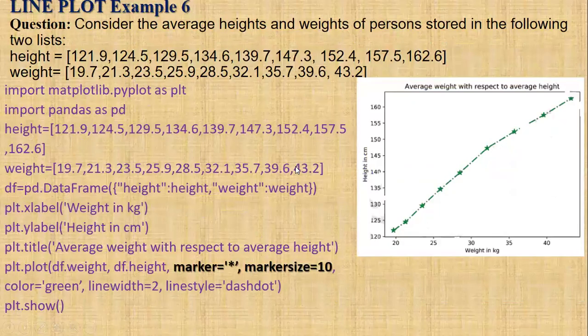Okay. There's one more thing I want to show, though I've used data frames here, which you have not done. But the thing I wanted to show here, which you use with the plot, is the marker. The exact points of plotting can be shown with another symbol and the size can be increased. So it is 20 and then this point is one plot. 22 maybe with another one. 24 maybe with another one. Okay, so the exact plots can be shown, because if not, then it is a problem. Right? The class is about to finish. We'll do the bar graphs also in the next one. But that is how my line